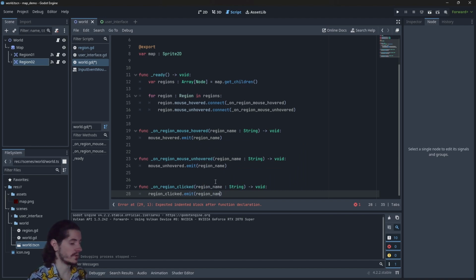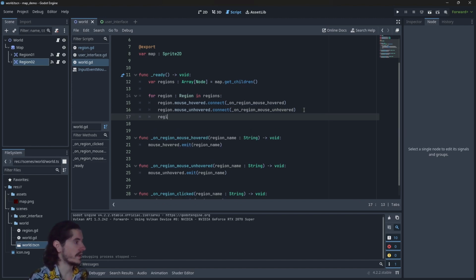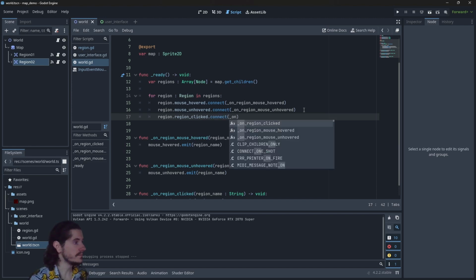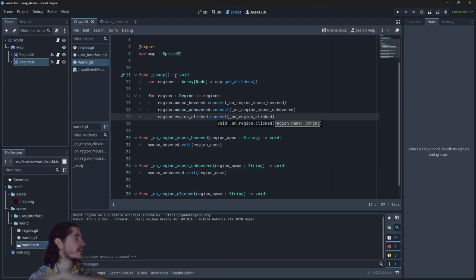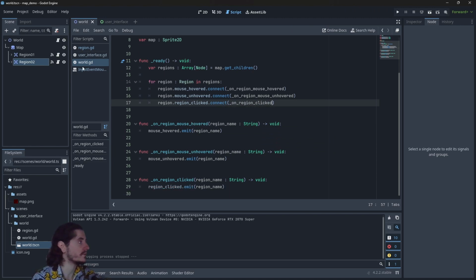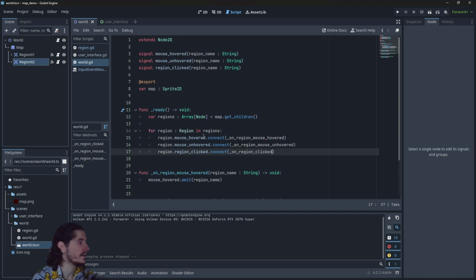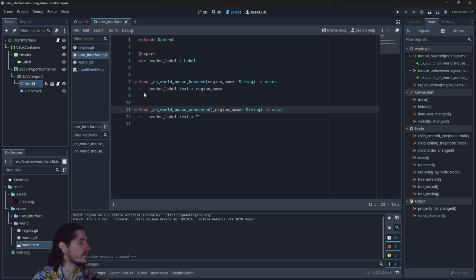I want to share the region name. And of course, I need to connect it. So region clicked dot connect on region clicked. So there we go. We connected the signal to the world script so that it is triggered and emitted from this script as well. And now we need to grab it